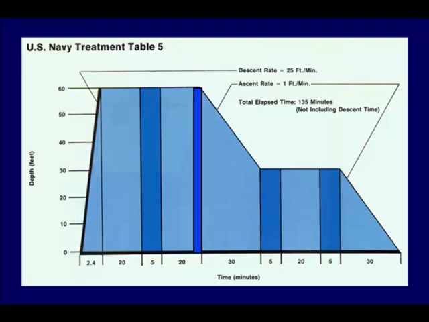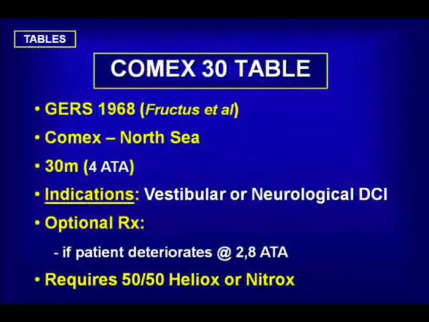If extensions are required, one essentially is completing a US Navy Treatment Table 6. There are conditions under which breathing mixtures other than oxygen may be required. One example is represented by the so-called Comex 30 table. Comex is a commercial gas company in France that developed a table using oxygen and helium due to North Sea diving-related decompression illness, and involves recompression to 4 atmospheres or 30 meters, in which the diver either breathes 50-50 heliox,